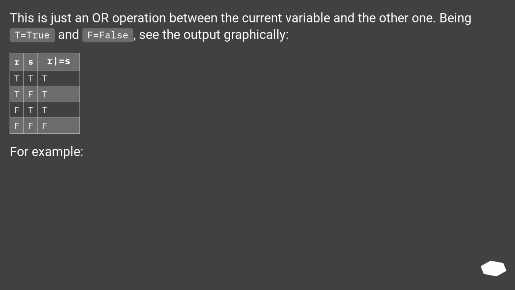This is just an OR operation between the current variable and the other one. Being T equals true and F equals false, see the output graphically. For example,